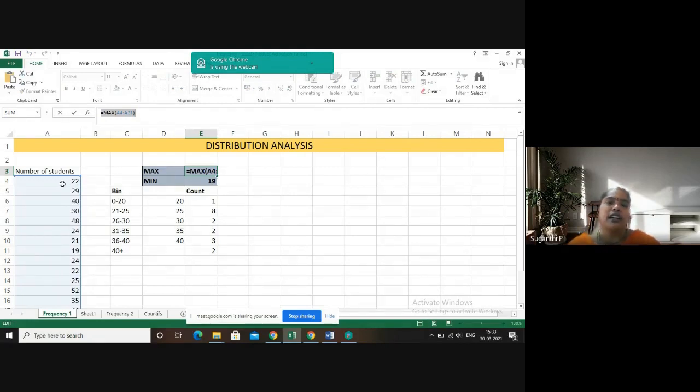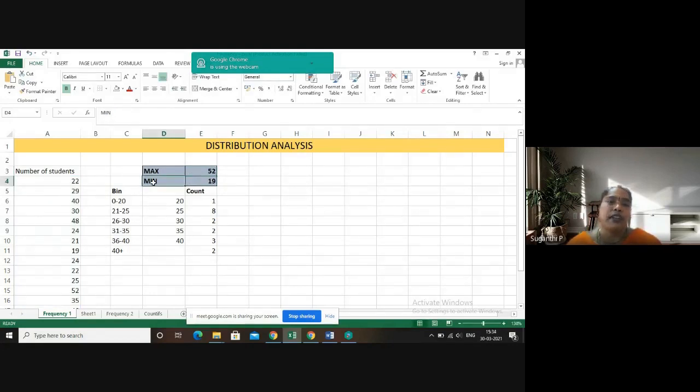The data lies between column A 4th row to column A 21st row. So the formula goes like this: equal to max of A4 to A21. Close the bracket and press enter. You will get the maximum value in the data.